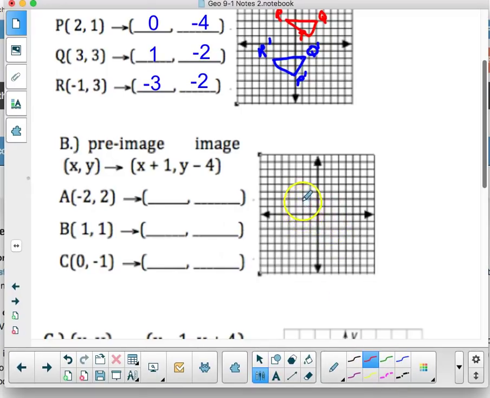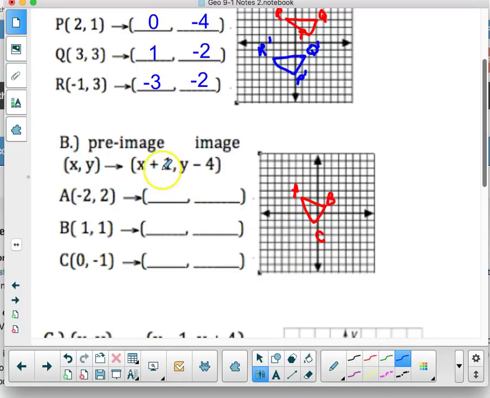So I'm at negative 2, 2 for A, and positive 1, 1 for B, and I've got 0, negative 1 for C. That's my A. Now if I connect these, that's my original. And now I'm going to use my blue, and I'm going to add 1 and subtract 4